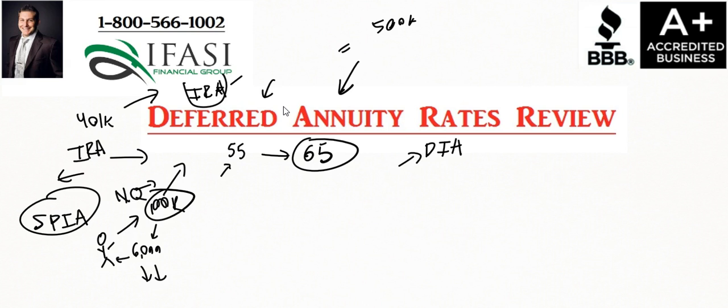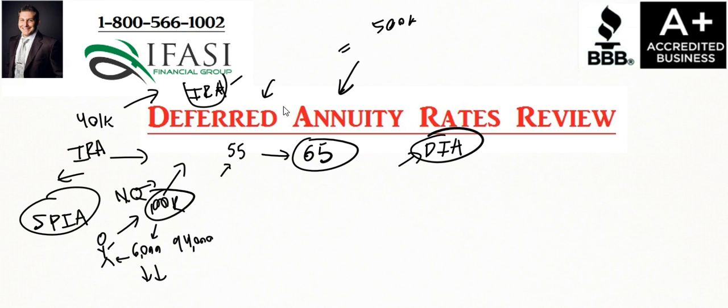Now, the downside with this, with the single premium immediate annuities, was that if this person passes away after the first year, well, now the insurance company is walking away with the $94,000 profit. They get to keep all that money. Nothing goes to the beneficiaries. So this is a very simple concept of annuitization.